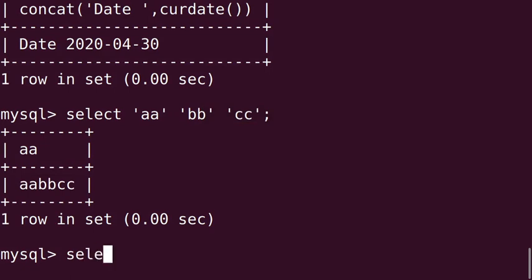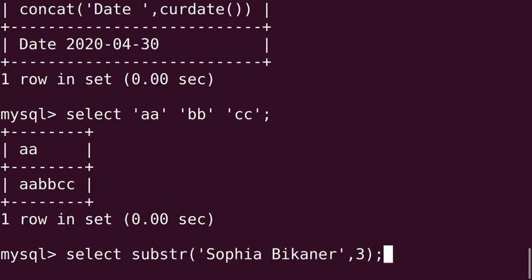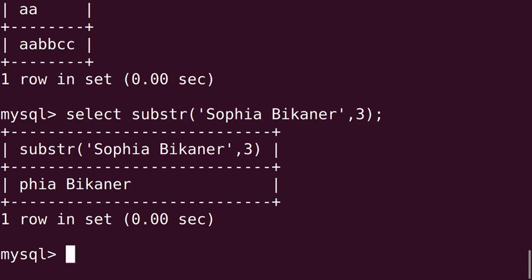Select substr within bracket, within quotation. Suppose the string is Sophia Bikaner. Quotation close, comma. First we are giving the position after comma. Say it is 3, close the bracket, semicolon, press enter.